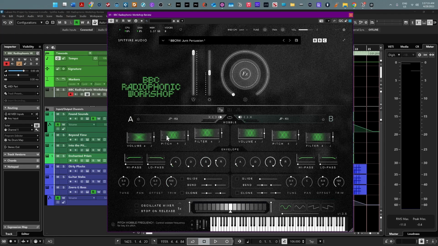You have volume, pitch, filter, and these little faders control the oscillation amount of these parameters. Here you have high pass and low pass filters. These sliders control the resonance for the 2 filters, and you have here an envelope, ADSR, tuning pen, offset and trim, and also a few more parameters here.